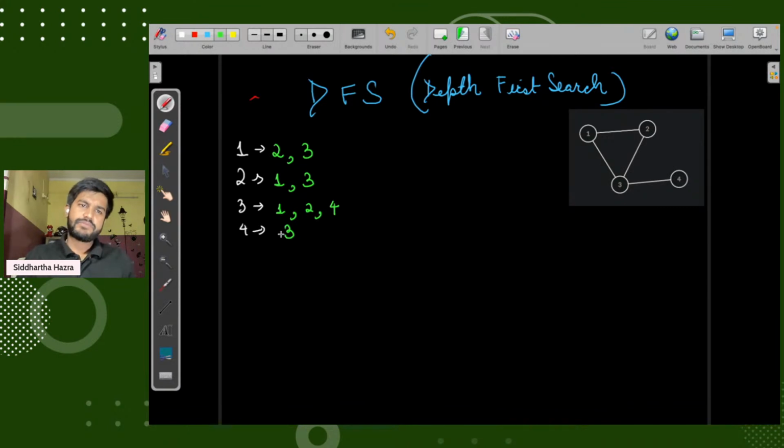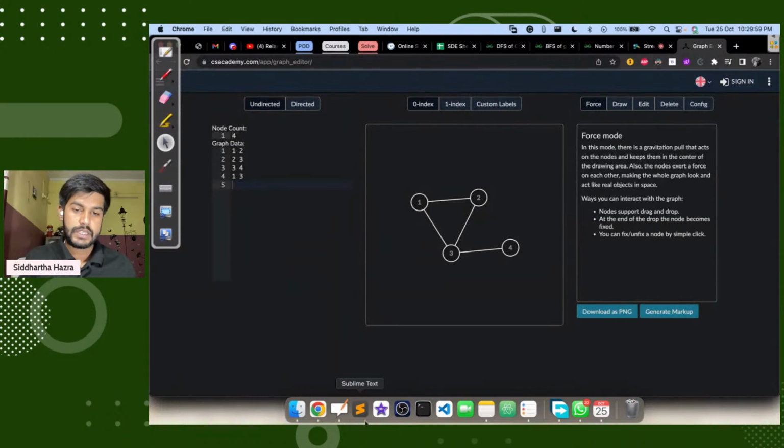This is clear. So now let me introduce you to the code of DFS. Basically DFS is nothing but a depth first search where we get a node and we visit all its neighbors. We get a node, visit all its neighbors. Simply, this is just it. Traversing means we just need to travel. So I would make the return type void. Let me code it also, then I would explain the code part.